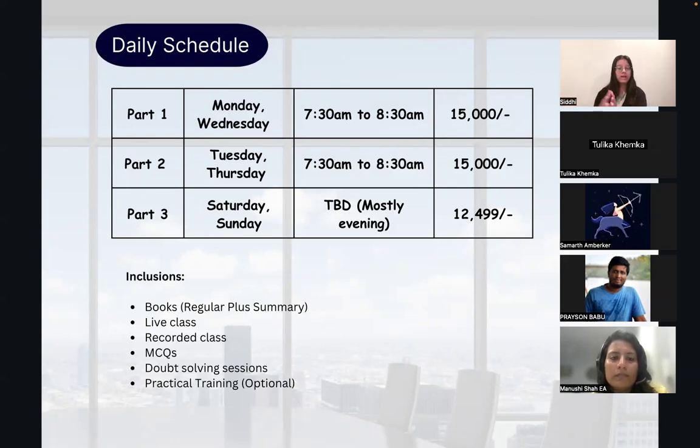For part 1 and 2, the first 3 sessions will be demo. You can watch the demo and then enroll. For part 3, 1 session will be demo, watch the demo, and then you can enroll. But if you have decided and don't want to wait for the demo, you can just enroll today or till tomorrow evening. We can give you some special discounts if 2 parts are enrolled together. Okay, so any question, guys?